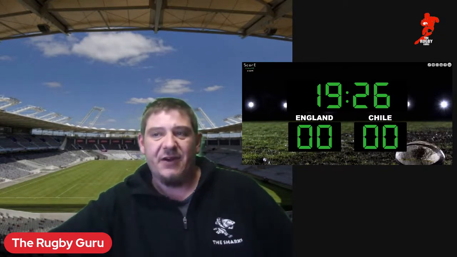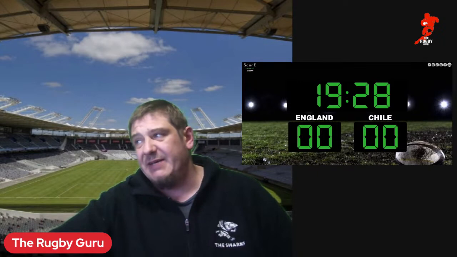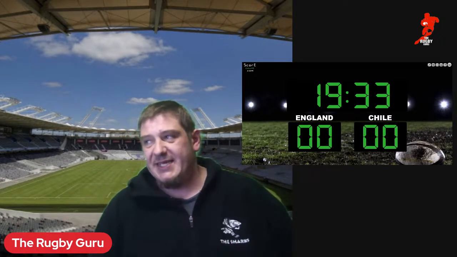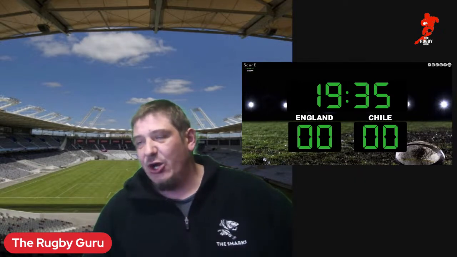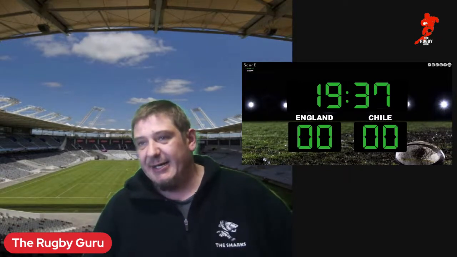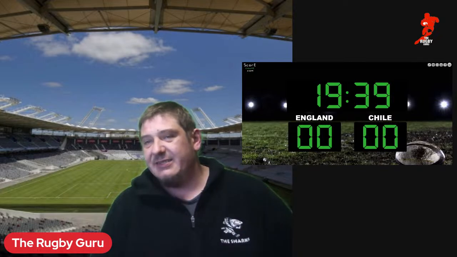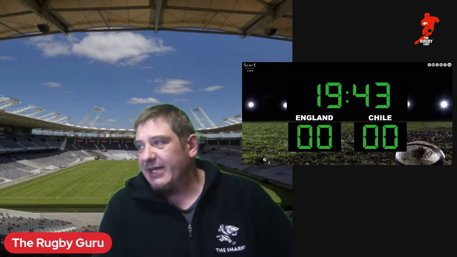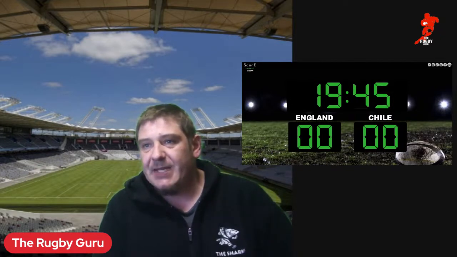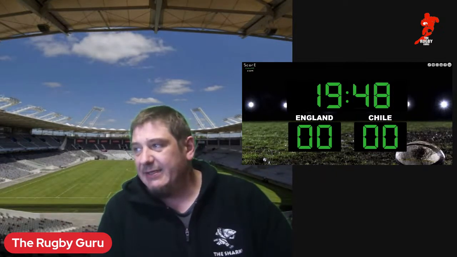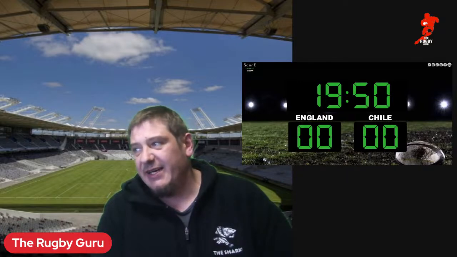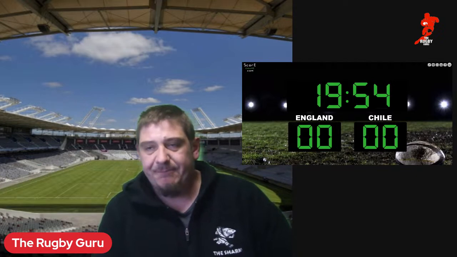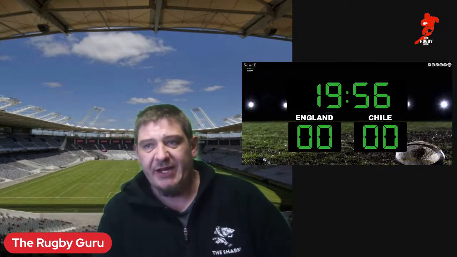Bastastic. As far as this England side, it is their B team today, with plenty of the first choice players out. Freddie Stewart is out. Johnny May is out. Manu Tuolangi is out. Joe Marshall not playing. Ben Young's not playing. Lots in the back line and forwards wise as well. Tom Curry as well not playing. All the big boys not playing today.